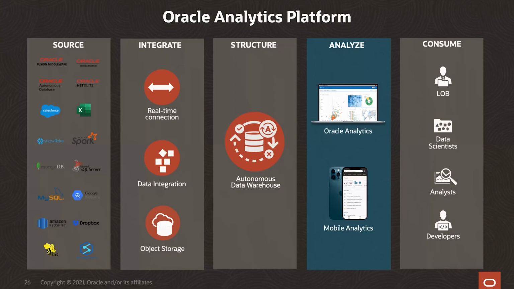And the final point I'll make here is that we really do cover abilities and interfaces for all roles within the organization, whether you're a business user in one of the business groups, or if you're a data scientist, there are interfaces for you. We have machine learning for clickers, so you don't have to worry about any kind of coding. And we have machine learning for those who want to get in and do Python or R programming and then share and publish those models back to those business users. We have everything in there, including interfaces for the developers. So that's our wider portfolio of analytics in this integrated structure. Next slide, please.